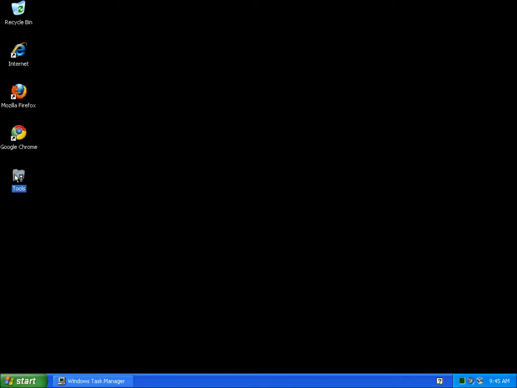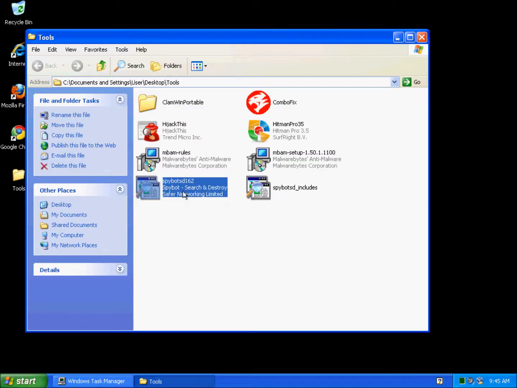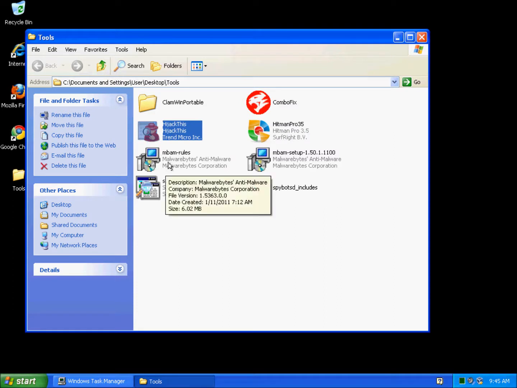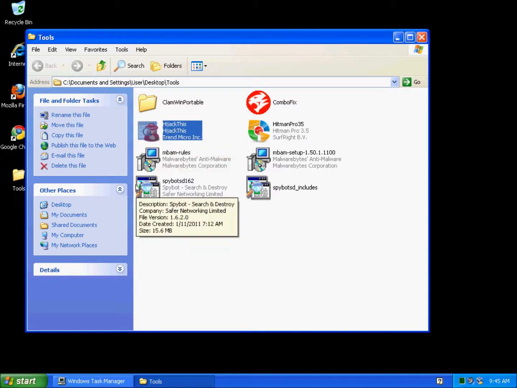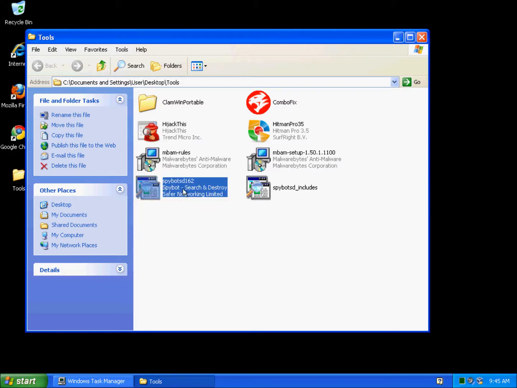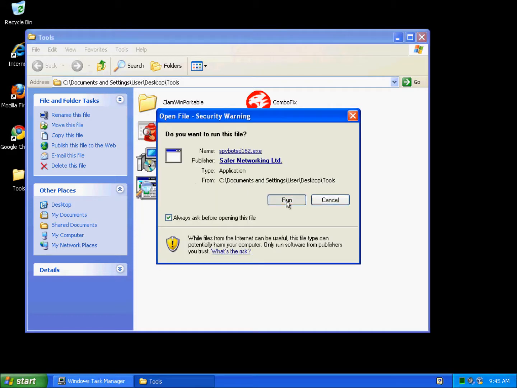and we're going to go ahead and clean this particular issue with Spybot Search and Destroy. Now, sure, ComboFix or HitmanPro or any of these except for HijackThis would be able to normally take care of this. HijackThis has a different purpose, but we're just going to go ahead in this case and just pull up Spybot Search and Destroy and do a run,